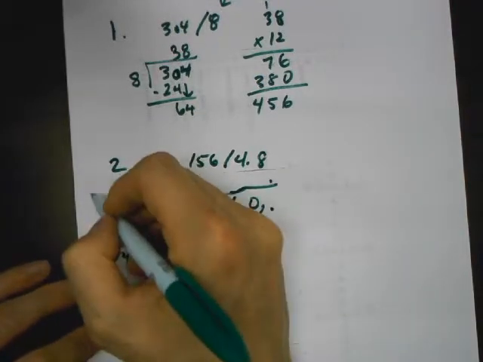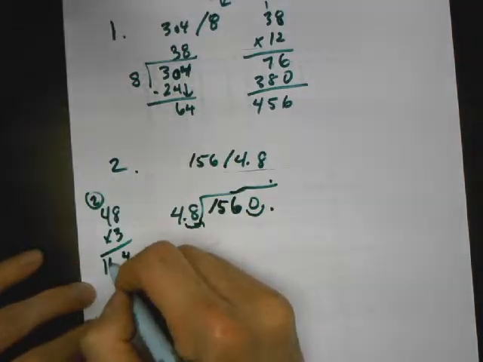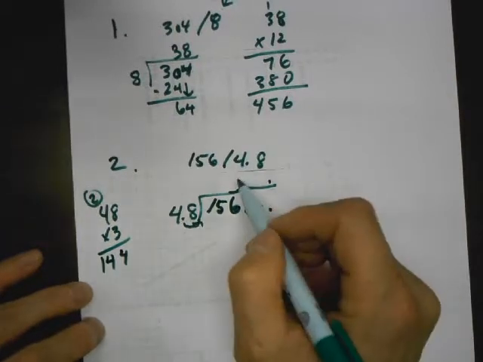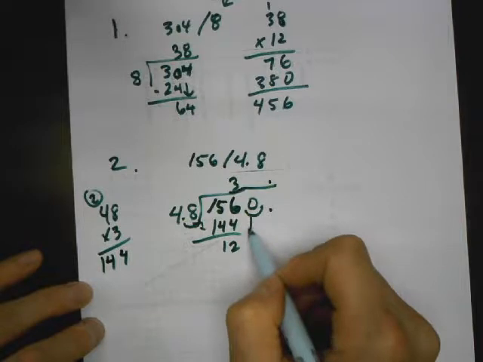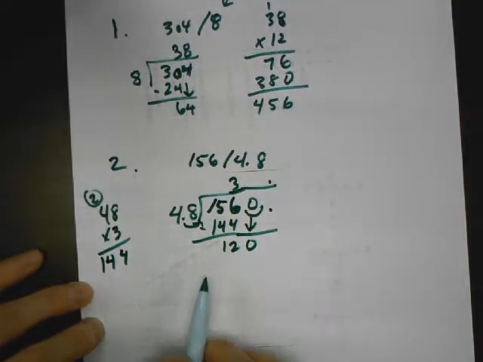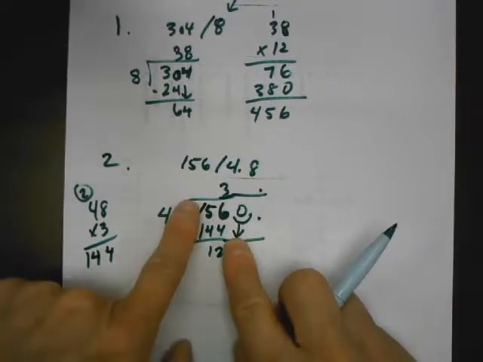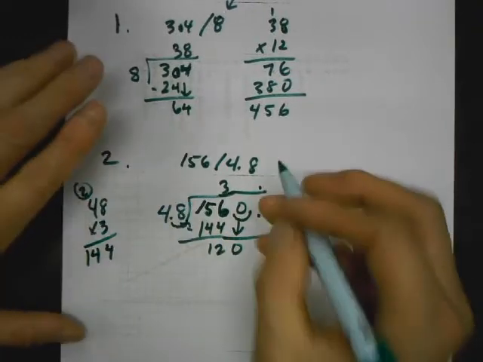I multiply those two. 8 times 3 is 24, carry my 2. 4 times 3 is 12, plus 2 is 14. Okay, so I put the 3 here, I multiply those, I get 144. I subtract those two, drop one digit down after we subtract. 48 goes into 120. Well, again, we can take that off. 4 goes into 12 like 3 times, but I know this is closer to 5, so it's actually going to